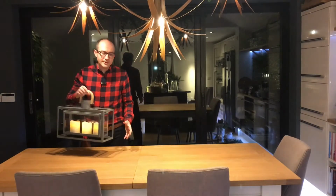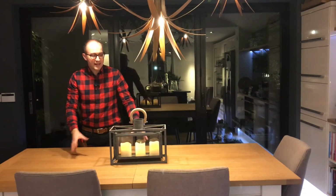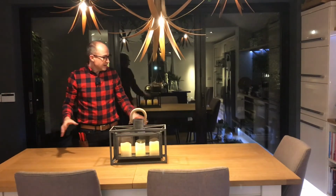So first of all, I'm starting off with a centrepiece. Now you can use some ornament like this, a hurricane lamp, some candles, anything really. You just want to add a bit of height to the middle of the table. Next thing I'm going to do is add some greenery, and